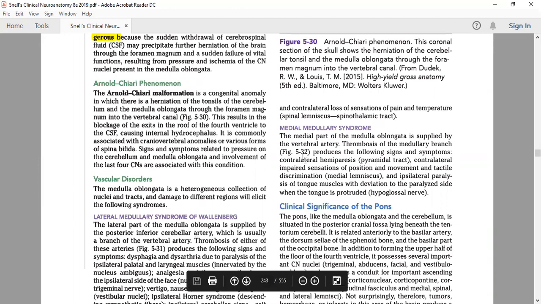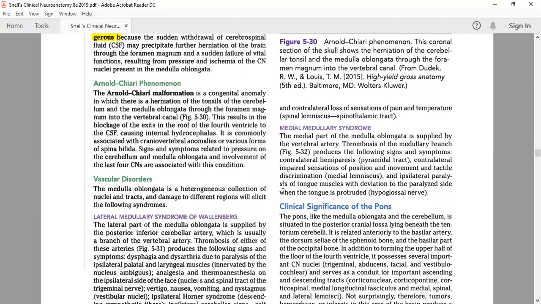Ultimately it is supplied by vertebral artery. Thrombosis of the medullary branch produces the following signs and symptoms: